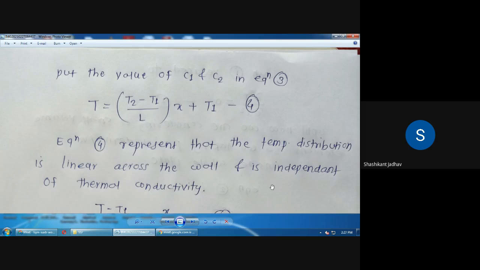So what does this equation represent? This equation is nothing but a straight line equation, y is equal to mx plus c. Therefore we said that the temperature profile is linear. म्हणजे तुम्ही काय करा, जी काय आपण डायग्राम ड्रॉ केलेली आहे तिथून डायरेक्ट स्ट्रेट लाईन T1 पासून T2 पर्यंत ड्रॉ करा. So this is the temperature profile for the plane wall.